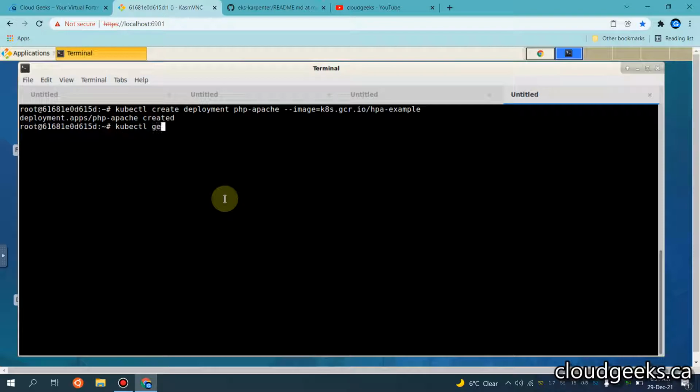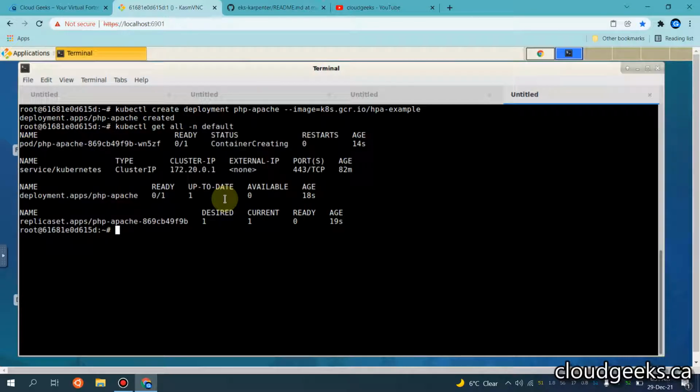If I do kubectl get all in default namespace, I'm always doing all to make sure that you should be able to see what is available in a specific namespace or in all namespaces. So you see this container is in creation state, so let me do it again.